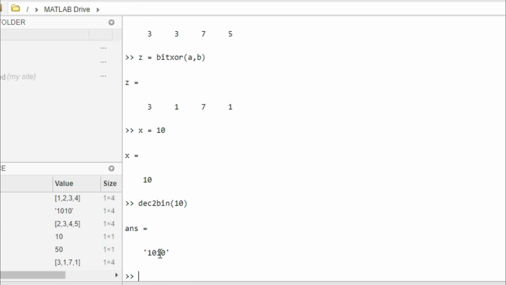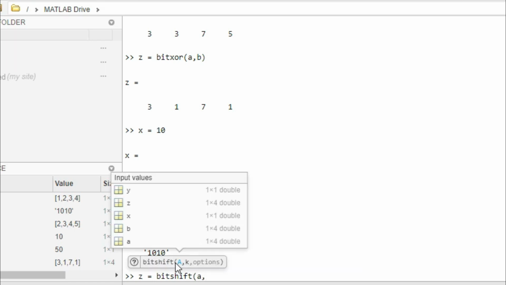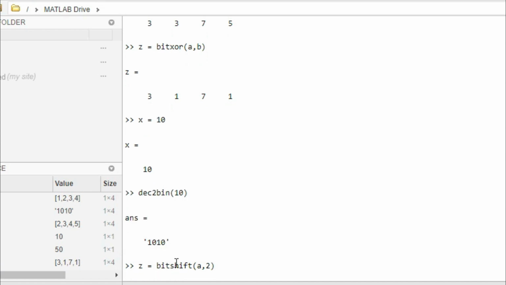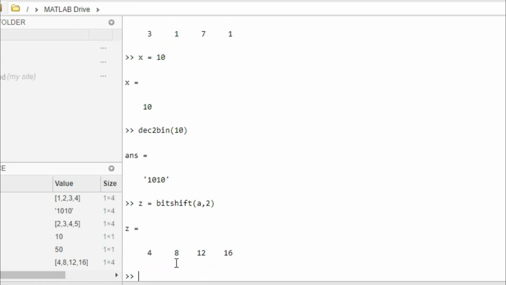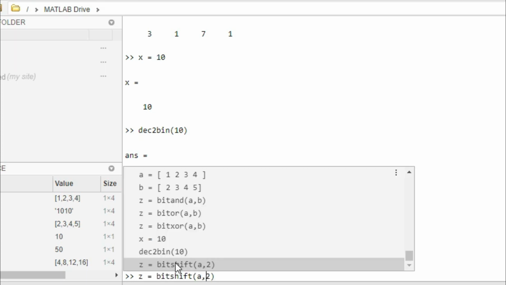We have 1010. Let's try z equal to bitshift x comma 2.